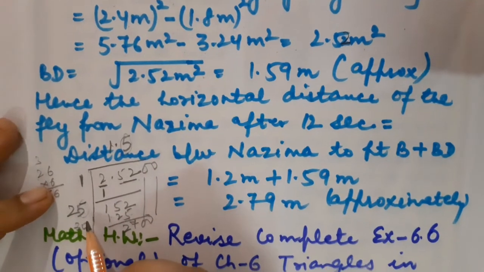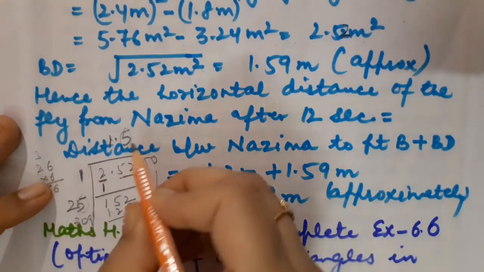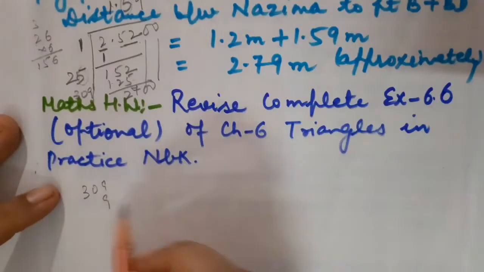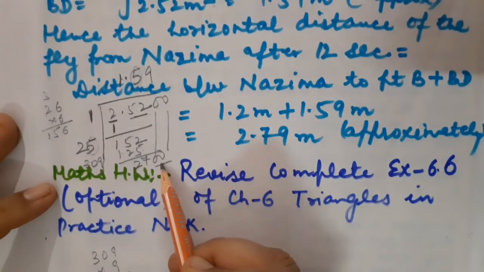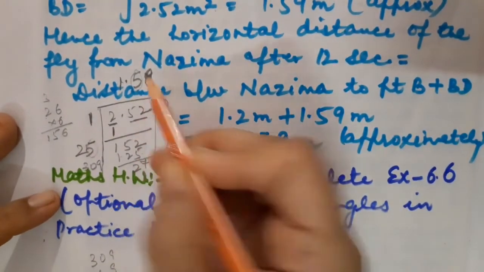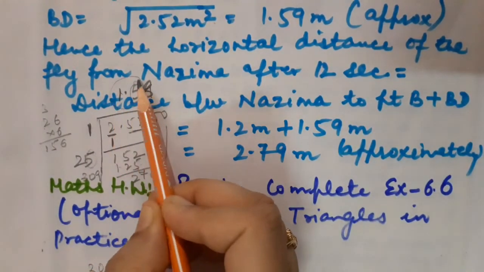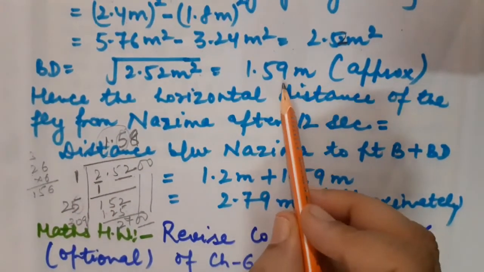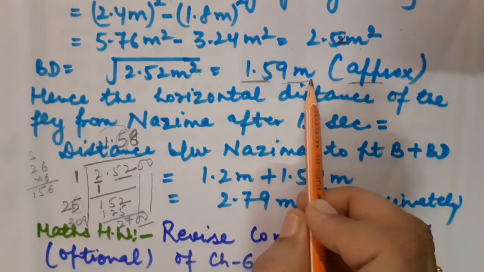Clear? Suppose if I do it by 9. Here also I have to place 9. Of course, I will be getting 309 into 9. That would be 81 and then 27, 2781. So it means it is not going exactly. So you can even go on 8 also. Fine. So you can even just calculate 1.5 also. Approximately we can say that it will be 1.59 meters. Approx. Or even you can leave it up to 1.5 meter also.